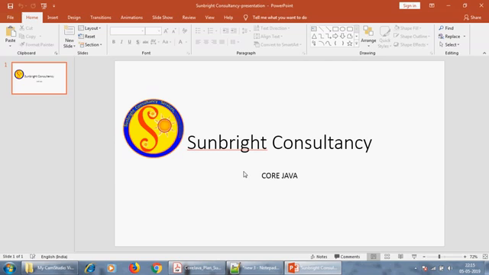Starting with the importance, core Java is a technology which is based on object oriented programming, and nowadays if you talk about the statistics of the usage of core Java or the Java technologies, around 42 to 50% of total programming has been used or is going to be used worldwide. So that 50% consumption of programming languages is taken by core Java. Now you can see the importance of core Java.